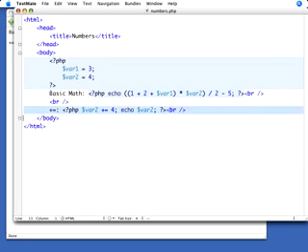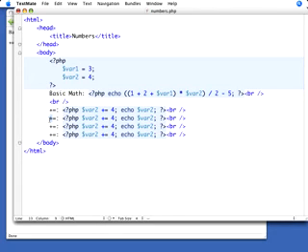Now, besides just doing addition, there are a couple of other operations we can do on this. I'm going to go ahead and paste this 4 times there. The first one is going to be minus equals. The next one will be times equals, and the last one will be divided by equals. And those do exactly what you would expect. I'm going to just change the values here so that they'll actually perform those operations. And then let's go ahead and, just for variety's sake, let's make this one